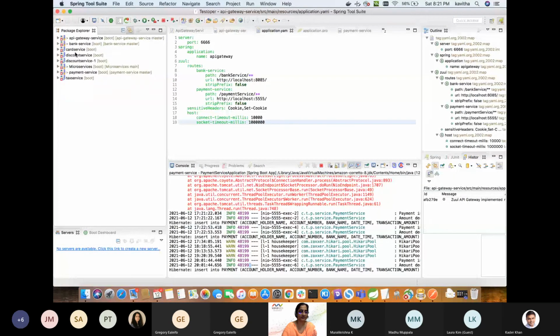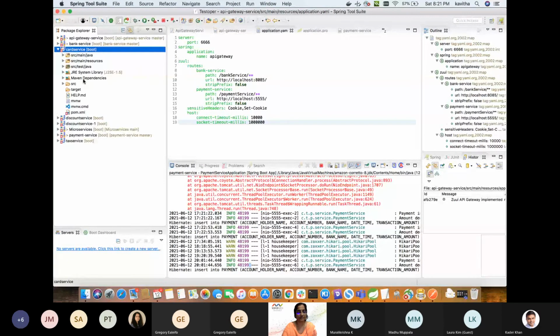For example, we'll write another service like a cart service or shopping cart service, which will be another Spring Boot application. Whatever your shopping cart service is going to do, you write your own endpoints, and then whether it has to talk to a DB or to any of the existing services, for example the payment service or the bank service. And then the final thing is, in the API gateway service, you give the routing here.